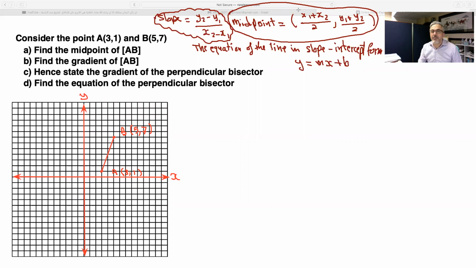To be able to do that, I have an equation. In math, we need tools. Like if you're fixing a car, you need tools. So for everything, you need tools to be able to solve things or fix things. Now, my first equation is the midpoint. So my midpoint, and I'm gonna call that MP. My midpoint equals,